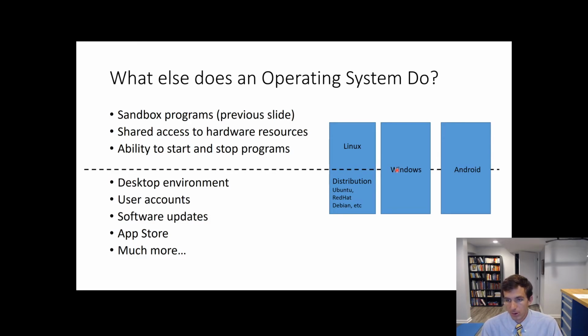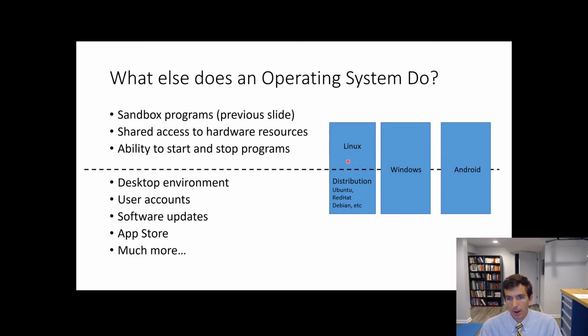So some operating systems you may be familiar with. Windows is probably what you're using as you watch this. Android is by far the most widespread mobile operating system. iOS, of course, is Apple's version of a mobile operating system. And then later in this course, we'll work a lot with Linux, and that is the dominant open source operating system. And to be fair, Android is actually based on Linux